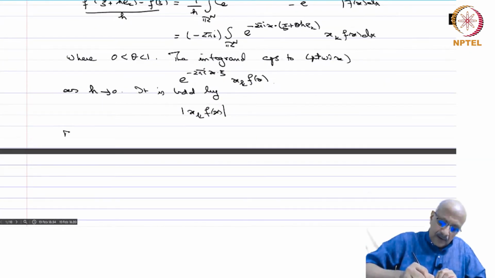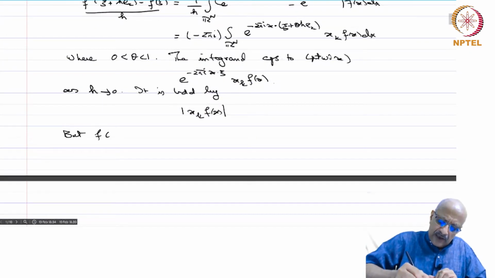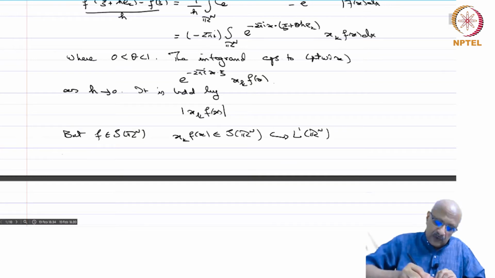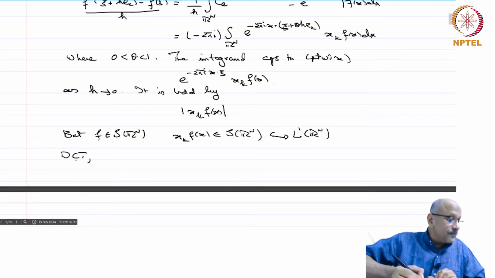But f belongs to S of Rn, so xk f of x is also in S of Rn, you are just multiplying by a monomial, and that of course is continuously embedded in L1 of Rn. So this is integrable, it converges pointwise. So by the dominated convergence theorem, you have that